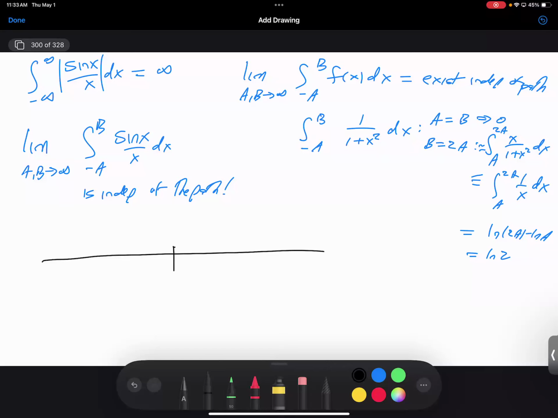And where does that value take? Where do we get that value? At 0. So we know it starts at 1, and then it goes down, and then it comes up, but not as much, and then it goes down, and it's something like this, and it's reflected on the other side as well, right? So when you look at this, what theorem from analysis does this remind you of?